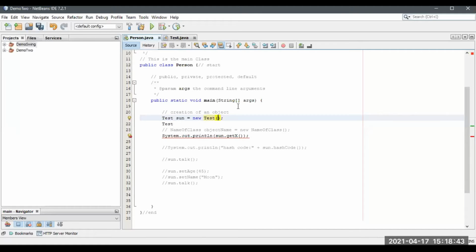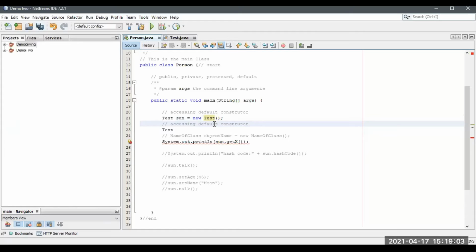If we create an instance, or if we create an object in this way, it calls only the default constructor. This is for the default constructor. Let me type this: accessing default constructor. This is the default constructor. Accessing the default constructor. Now I'm going to access the parameters, or arguments, sorry,